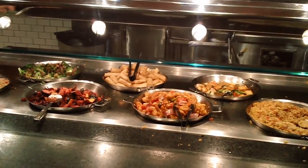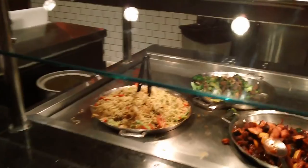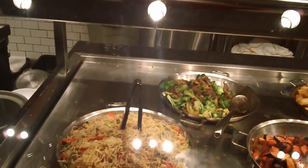Okay. Now, here you have your Chinese section. Singapore noodles,